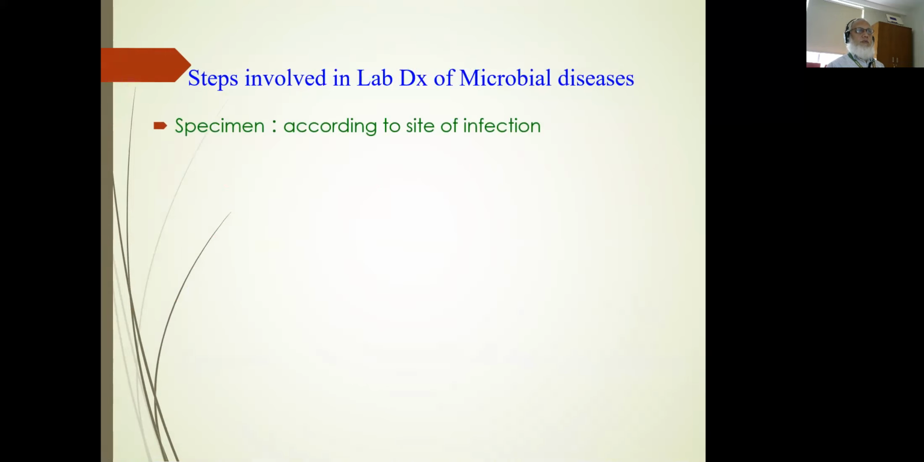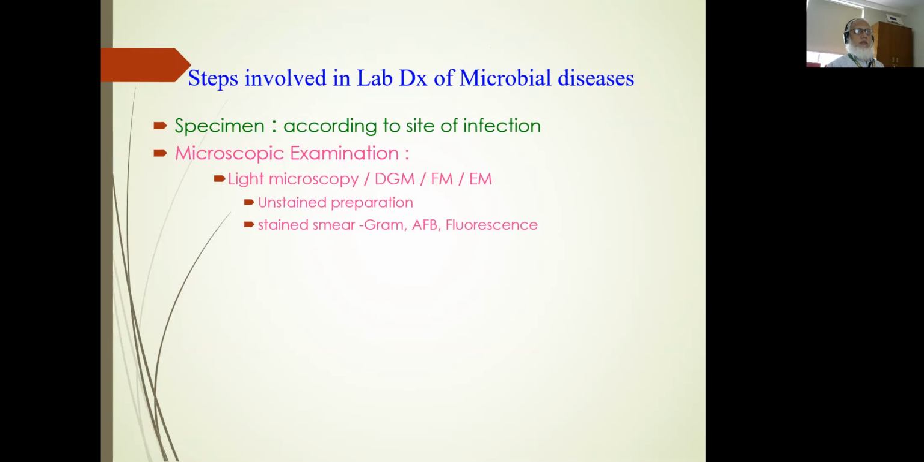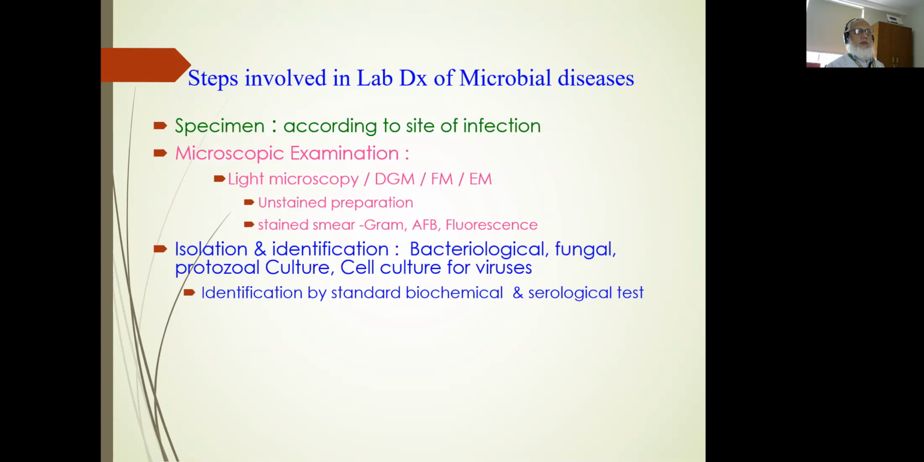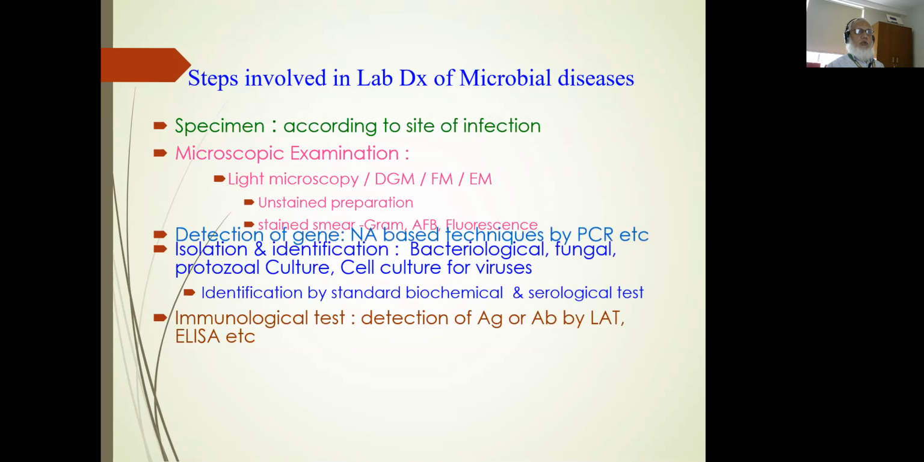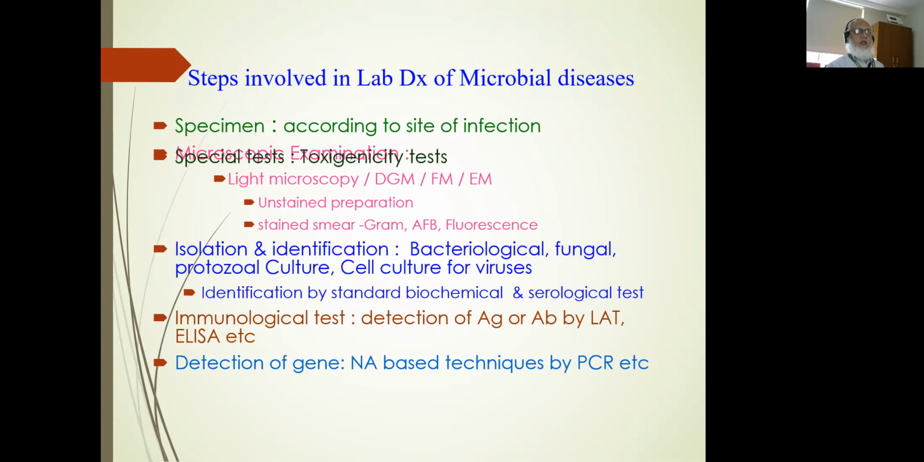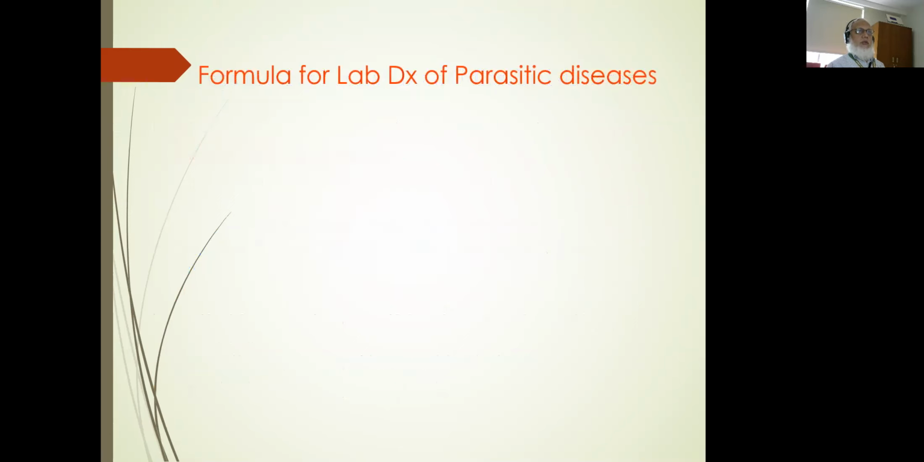And the steps involved, you all know: you need a specimen according to the site of infection, then microscopy, culture in specific cases, immunological test, and PCR test. So let us start with a formula for lab diagnosis of parasitic diseases. Based on my teaching experience,